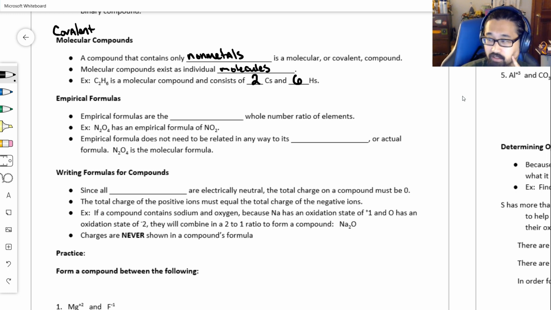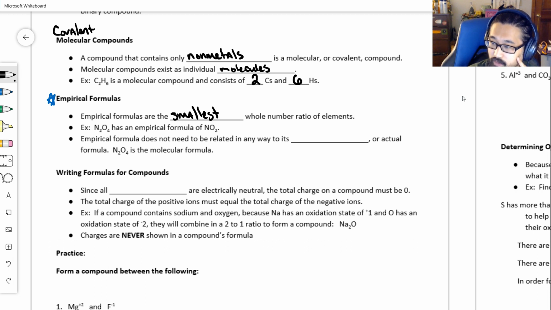Nothing tricky there. Now, empirical formulas. I'm going to put a little star next to this. It's a very specific topic for a very specific question. It has shown up like every year, so this is why we continue to do it. If you choose to take more science in the future, you will do more with empirical formulas. The only thing that we are going to do is that empirical formulas are the smallest whole number ratio of